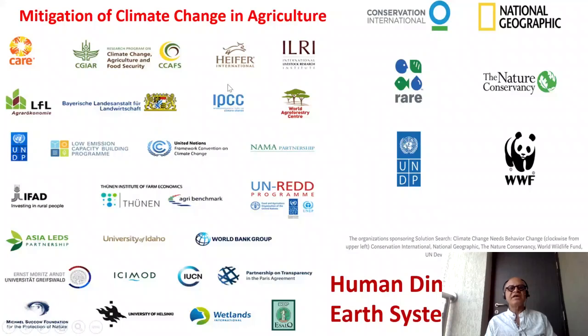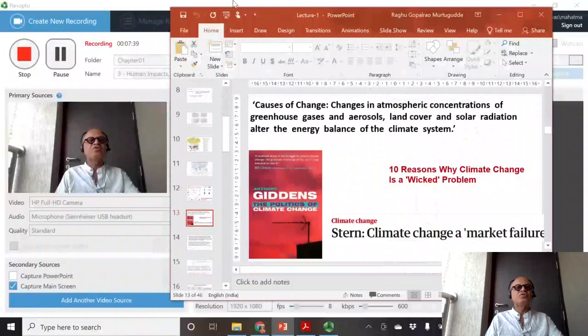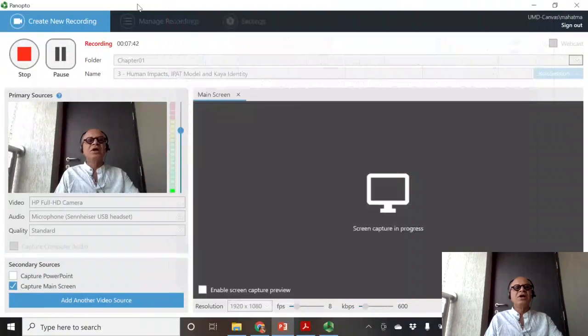So these are the various entities involved in various aspects of the climate change. This is in mitigation in agriculture, and this is more broader issues under UNDP, World Wildlife Fund, and so on and so forth. So I will stop this here and come to talk about the perceptions of Earth system science